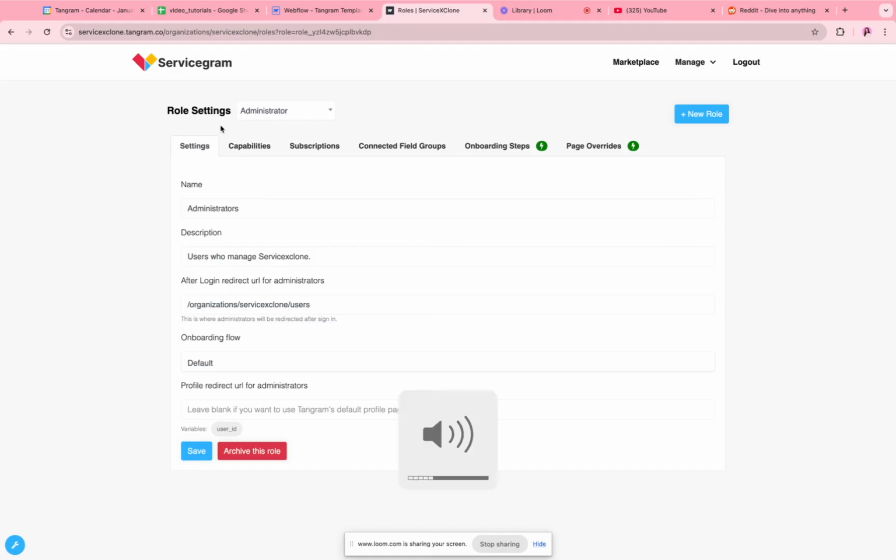Hello, in this video we'll be showing you how to connect custom navigation bars for each user role on your platform. Generally, each marketplace will have three roles: the admin role, the buyer role or customer role, and the provider or seller role. This may look a little bit different depending on your marketplace setup, as in some cases we